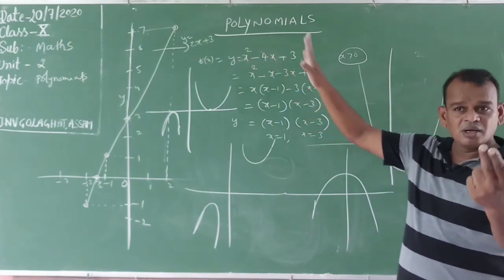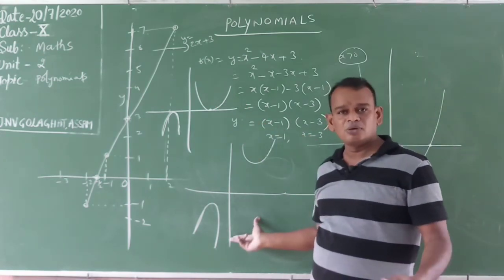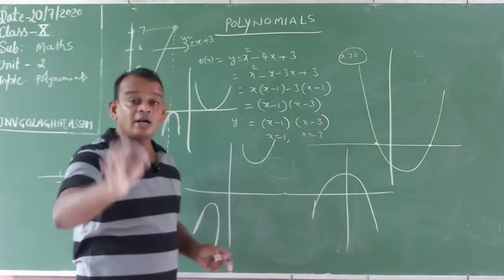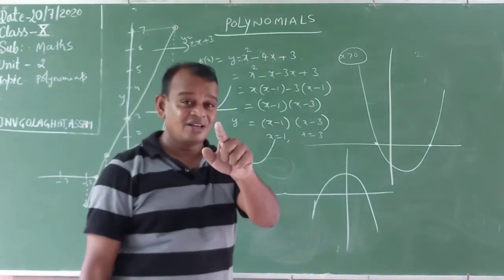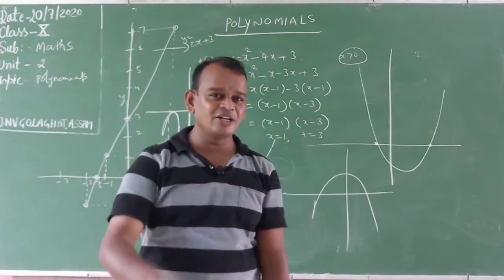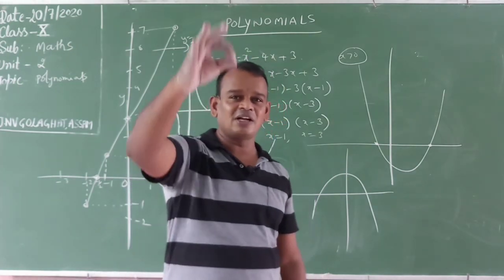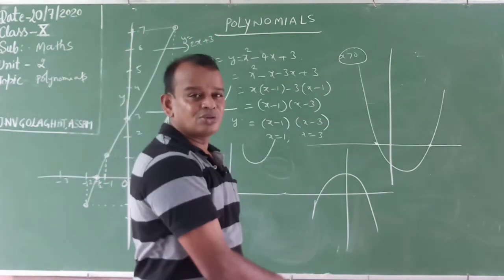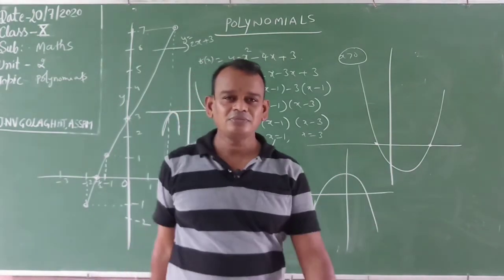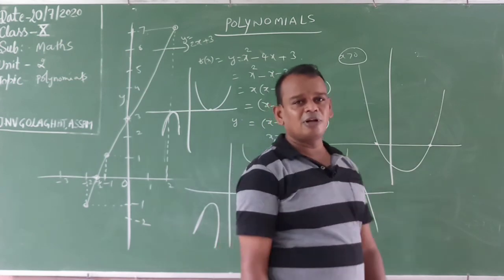What have you observed? Does a quadratic polynomial have exactly 2 roots? No. Some cases have 2 roots, some cases have 1 root, some cases have no roots. Every quadratic polynomial has at most 2 roots. That's why I discussed it before in class, the quadratic equations. Already I told that one. What I taught is that a quadratic equation has at most 2 roots. Not exactly 2, either 2 or 1 or 0. That's why I am telling you, this is very, very important for the quadratic polynomial.